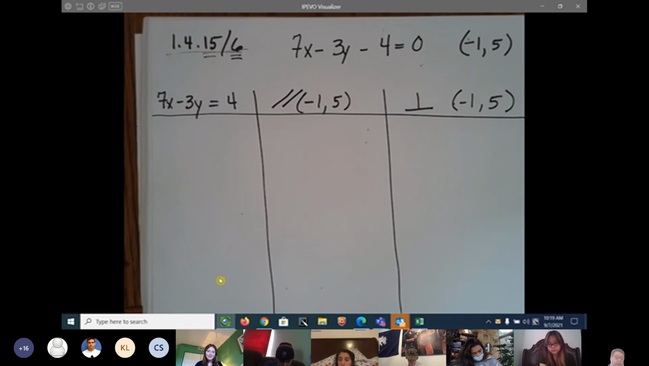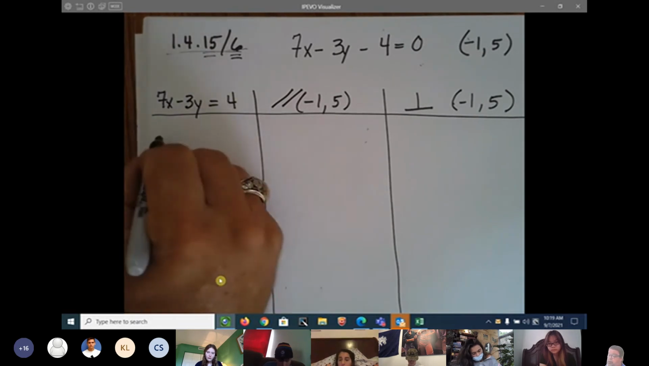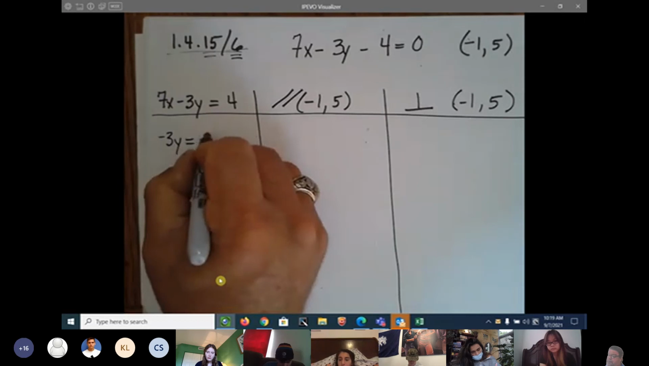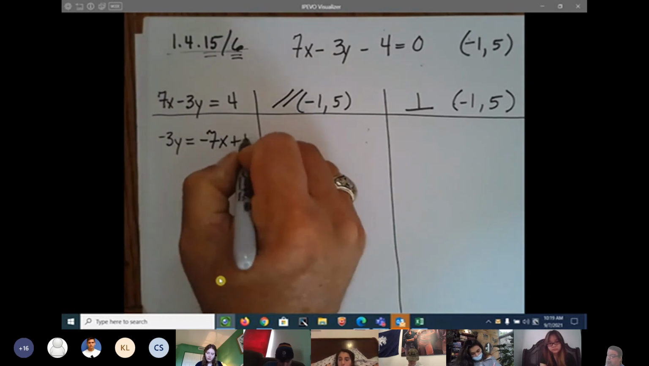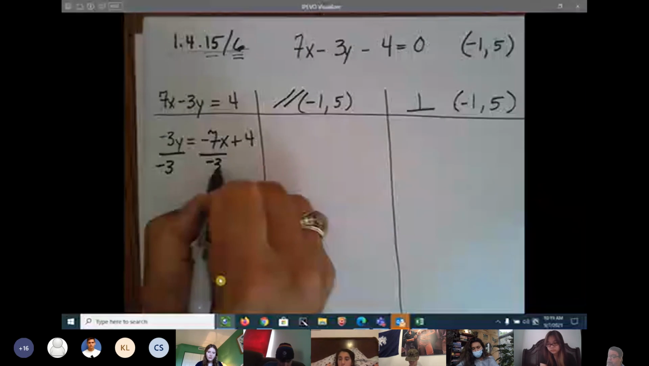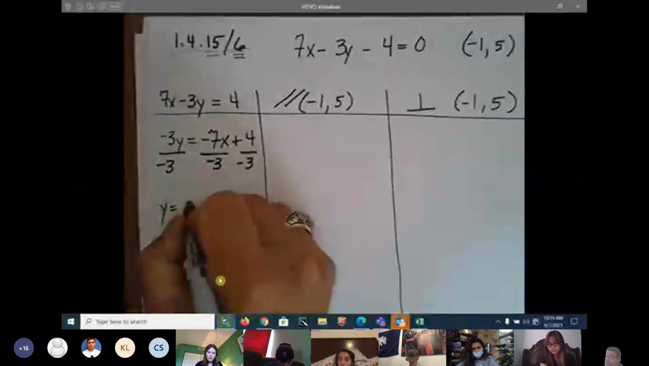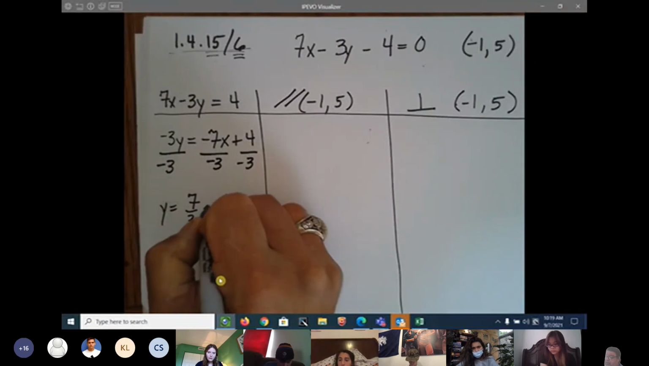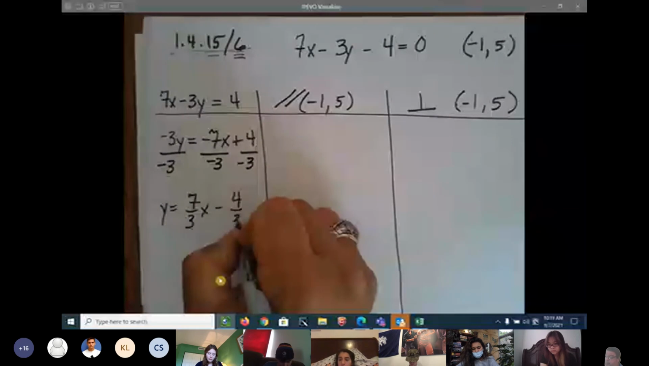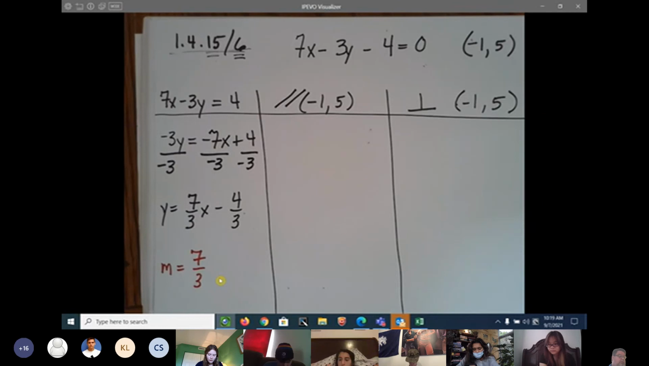All right, so let's go ahead. First thing we do is solve this for y. So negative 3y is equal to negative 7x plus 4. Divide by negative 3, divide by negative 3, divide by negative 3. And y is equal to 7/3 x minus 4/3. And right away I go m sub 1, or m, is equal to 7/3. And then that tells me